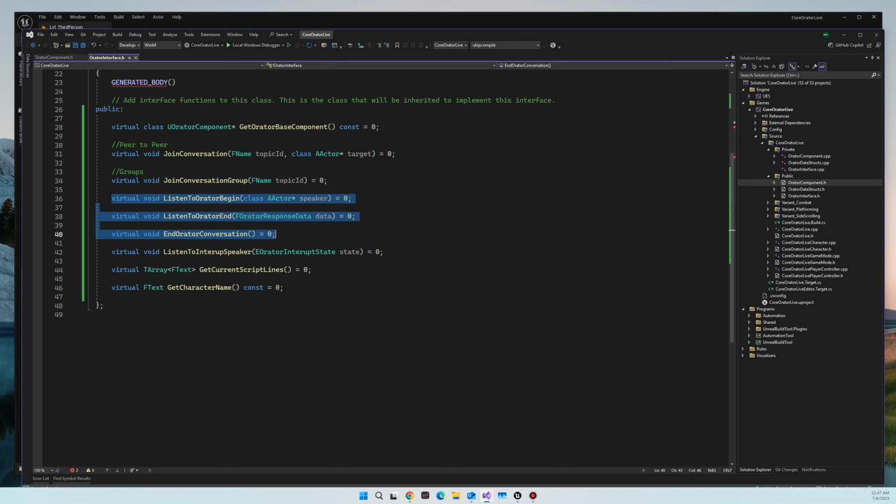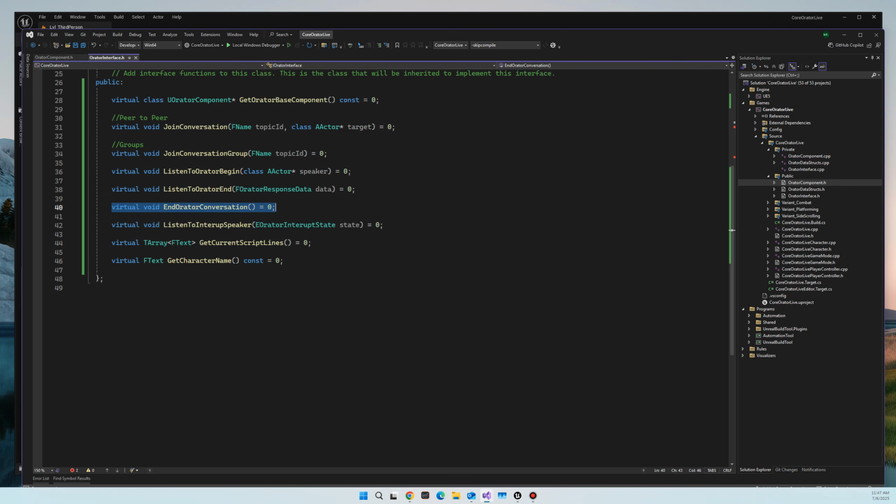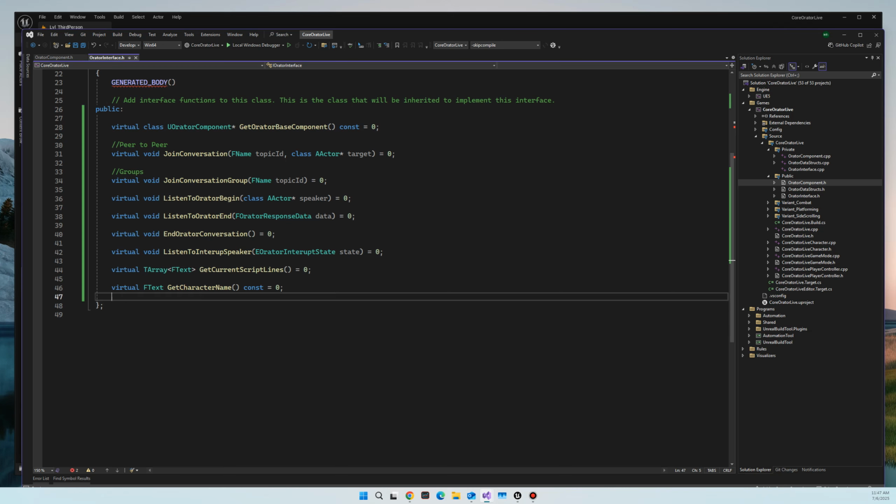Then we have our 4 events here. Again, these are going to be binding to the communication listeners. So that's them defined there. Listen to speaker, there it is. Here's the response. Here's the orator conversation ends, if we need to do anything there, as well as listen to interrupt speaker. And then finally, I've got 2 more functions, and these are more useful for when I get into the